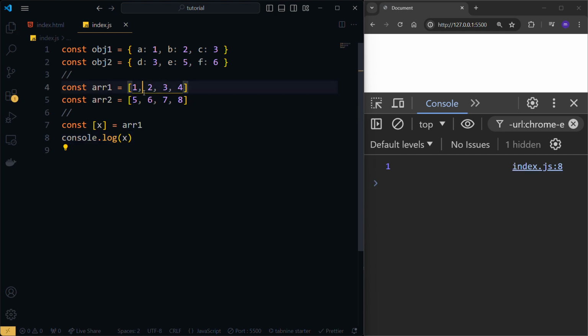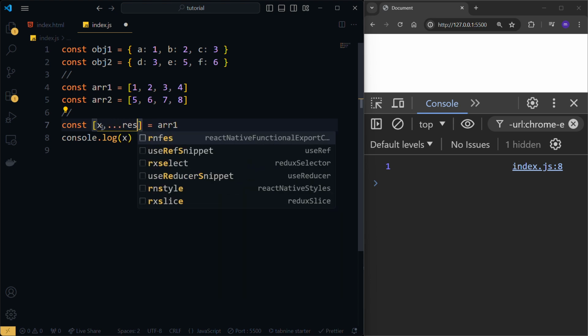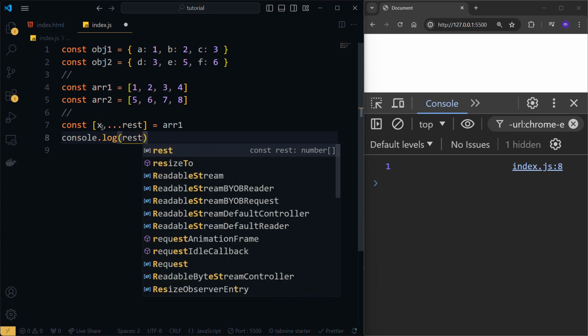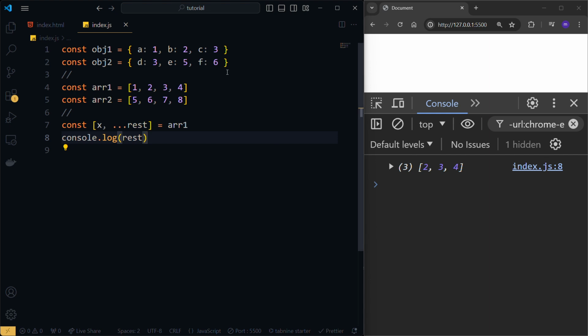to be equal to the first item of the array, which is 1 in our case. Now, add the comma and then 3 dots, and just call it rest. Right, it's just a preference, I call it rest. You could call it whatever you want, alright? The variable name doesn't really matter. So if I console log rest, as you can see, we get back an array with those 3 values,